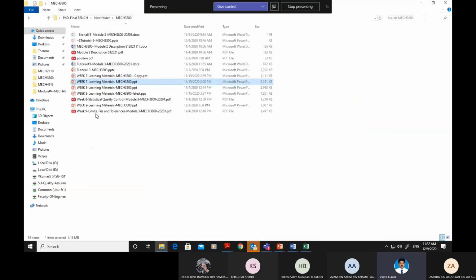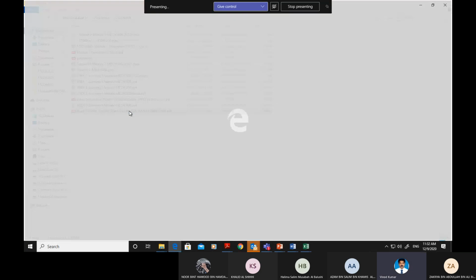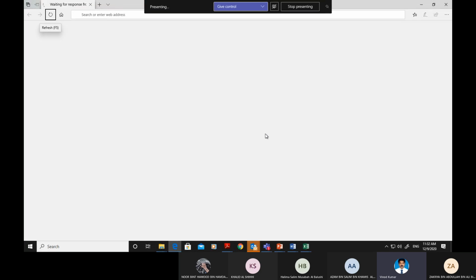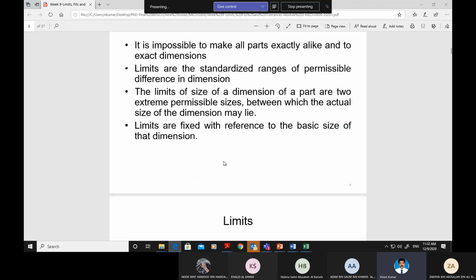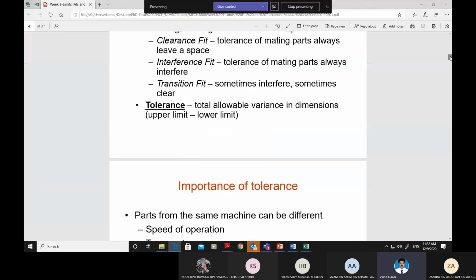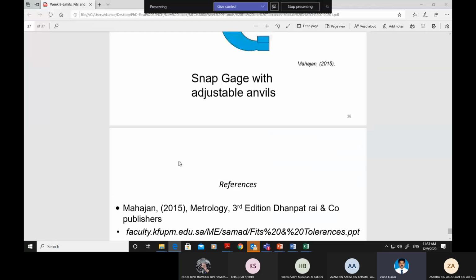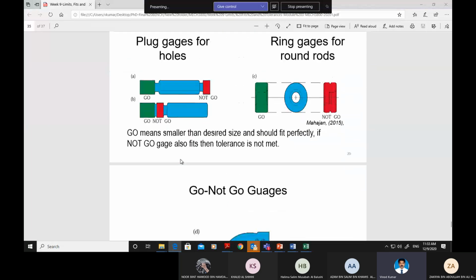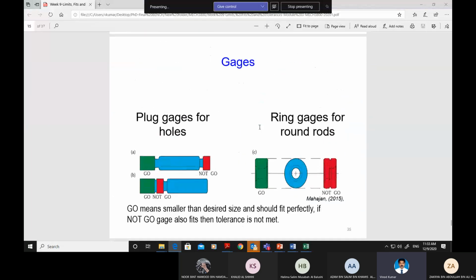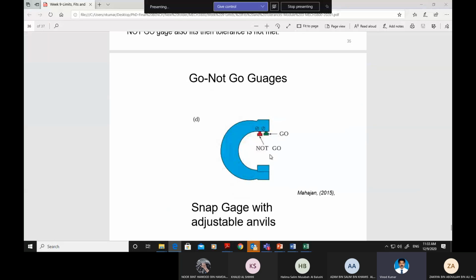Limits, fits and tolerance. Do you remember where we have studied? Limits, fits and tolerance. This we studied last time. So limits, fits and tolerance here. This limits, see here, these are the gauges. Go and not go gauges. So go and not go gauges means if you